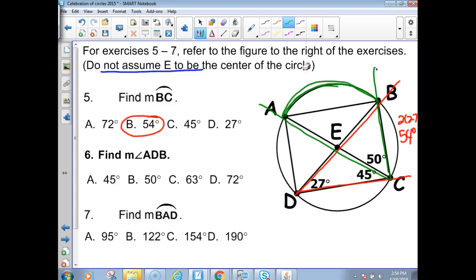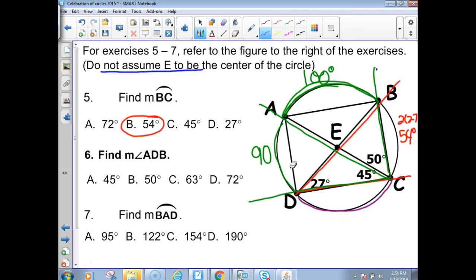Yep, that would be 100. Okay, now let's go this way. There's a 45 inscribed angle here at ACD, so this one would be 90, 2 times 45. I could go down and get the bottom one now